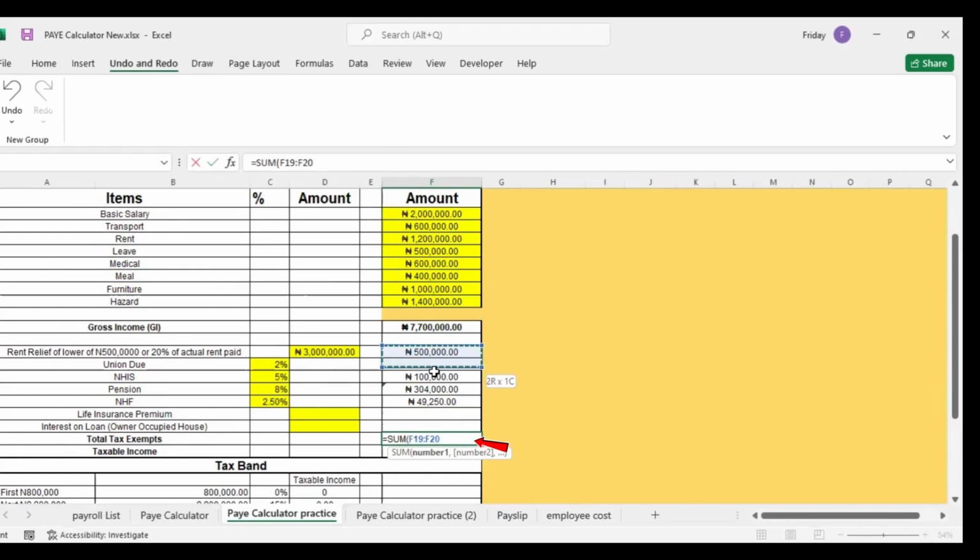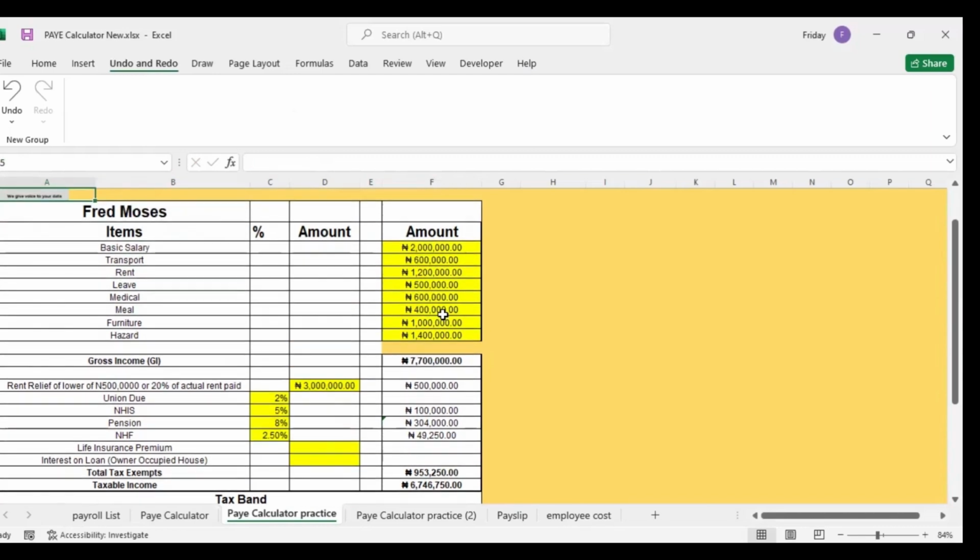You take it from the relief down to this level and press enter. This becomes the total exempt, right? The total exempt as the next step. Okay, total exempts. Once we have the total exempt, the next step is to have gross income minus the total exempt. So you now have taxable. We have done now. Let's check if we